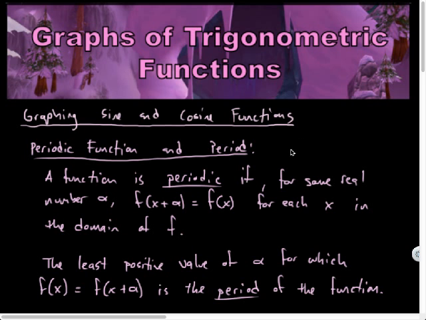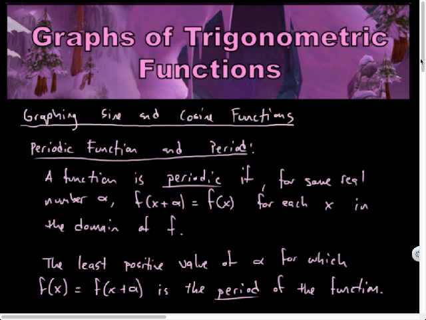Now here's the mathy, wordy definition for it, but I think it'll make more sense once I draw some pictures, or graphs more specifically. It says a function is periodic if, for some real number alpha, f of x plus alpha is equal to f of x for each x in the domain of f. That sounds a little bit weird, but what they're saying is that if I have a graph where the y values repeat completely, it's a repeatable graph for those y values,